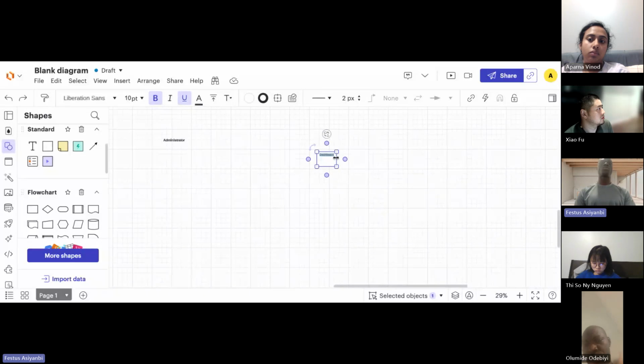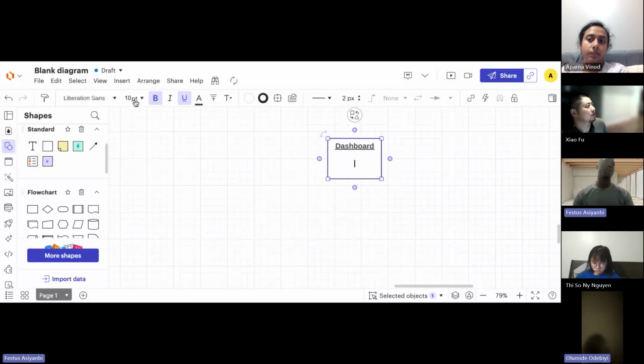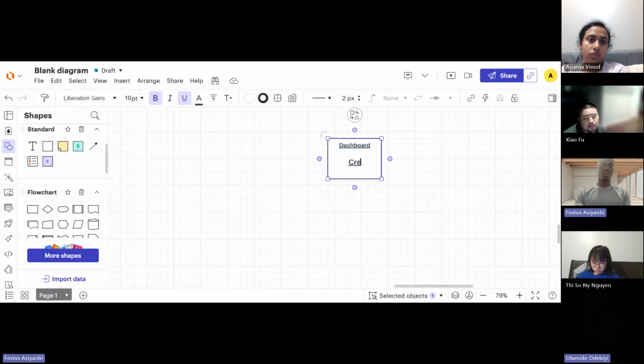So for the administrator's dashboard, what do you think we might need? I think we can create the user roles, and also view the system logs, view system log activities,